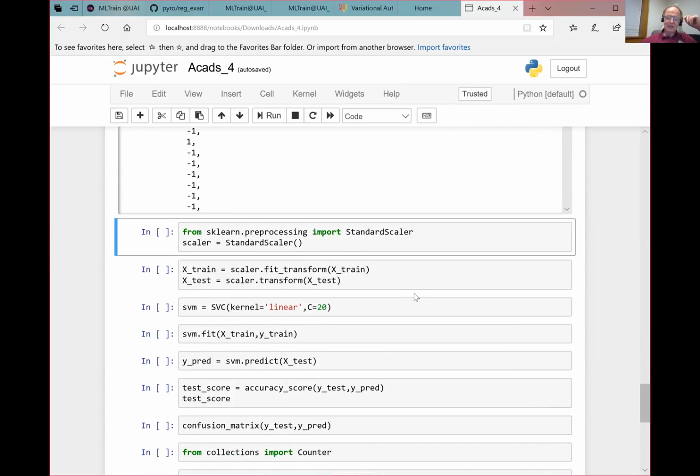So in sklearn, we have a number of different scalers. I'm choosing the standard scaler here. All it does is it turns them into mean 0 and standard deviation 1. So it subtracts the mean and it divides it by the standard deviation. And so this standard scaler here is another